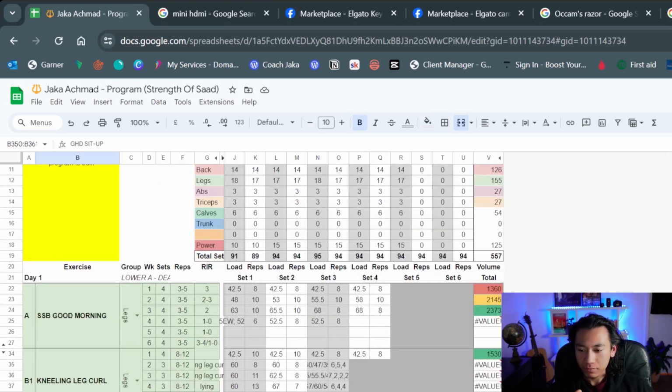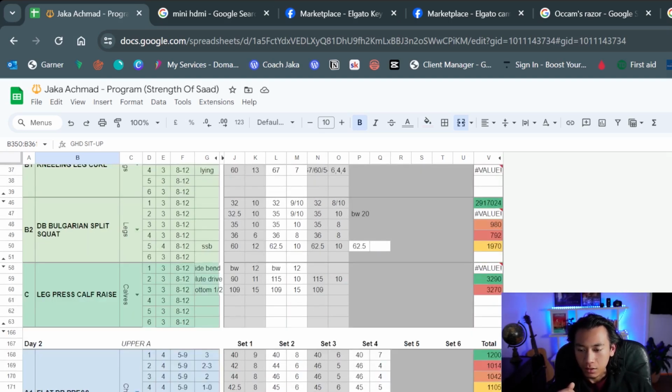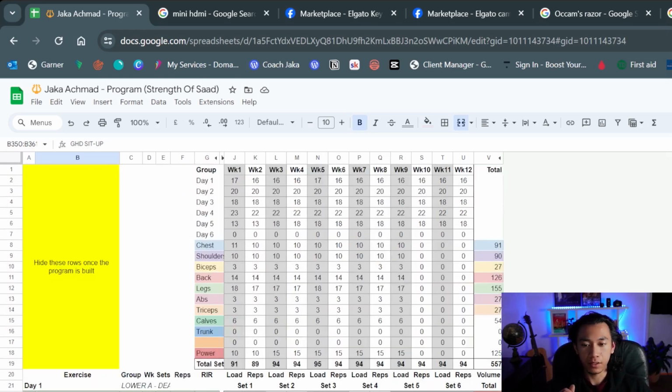Okay. So again, simple split: upper, lower, upper, lower. In terms of splits, there are so many different ways you can split up your training program. I like to keep it simple. I'll either use an upper lower split. I do quite like a half body or full body split if you like to distribute the volume more, right? So let's say that in my program, for example, I have